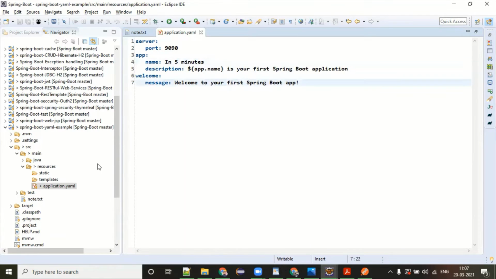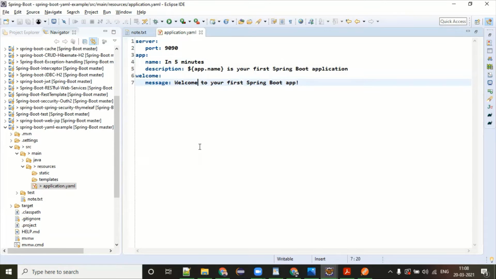This example is just showing you how you can use a YAML file in your Spring Boot rather than application.properties. Do I need to change anything in the pom.xml file? The answer is no. Do I need to specify anything in our configurations?